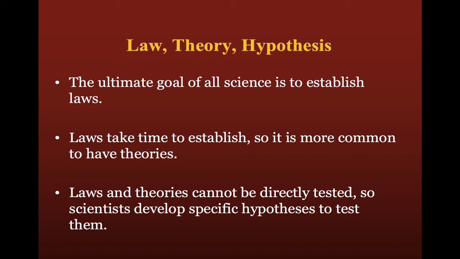So what I want you to remember from this is what laws, theories, and hypotheses are, and that one of the goals in science is to be able to establish laws. And laws are difficult to establish, especially in the social sciences, because people are very complex, and it's not always that people act in consistent ways. What I also want you to remember is that laws and theories cannot be directly tested. So as a result, researchers develop hypotheses that are derived from the theory that they then can use to test